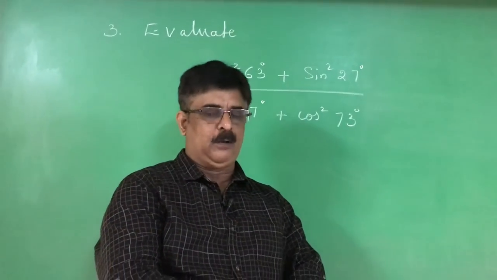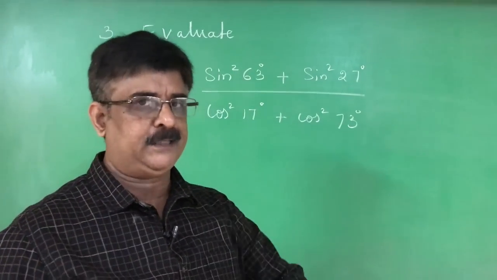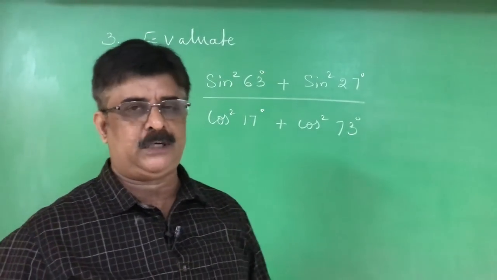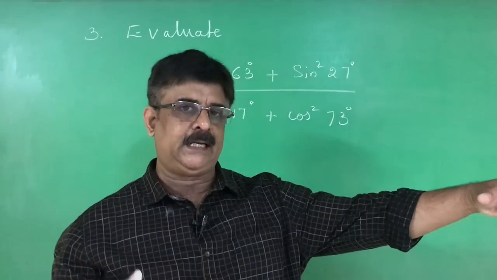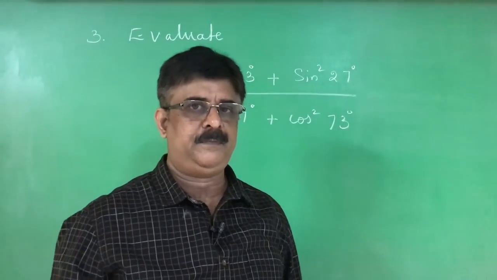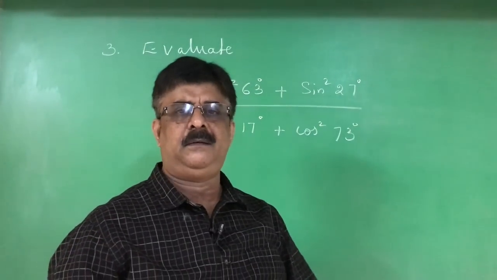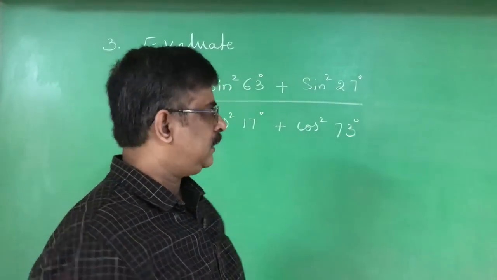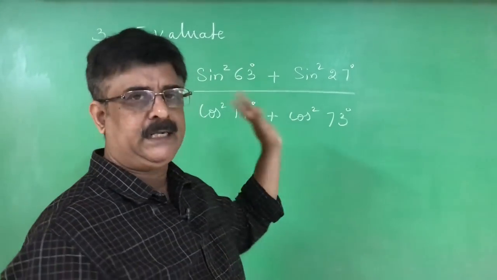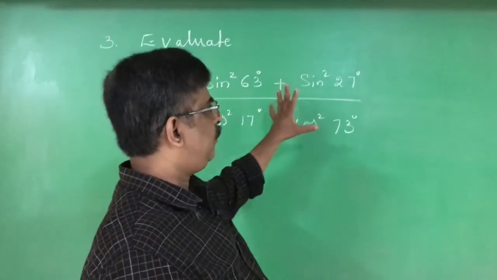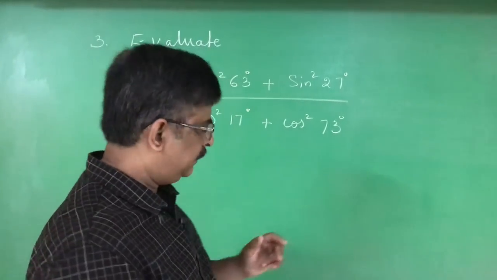We solved two problems of the last exercise of the trigonometry based on the identities. Some of the students are finding it difficult to identify the identities and solve the problems. For those children, the third problem, a simple problem. This is based on the complementary angles and also identity, but easier. This type of question is important for the public examination because everybody can understand this.